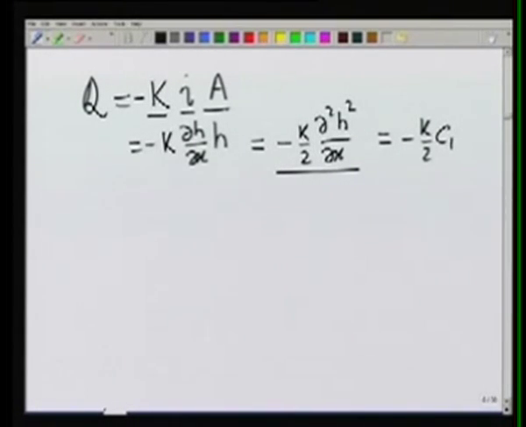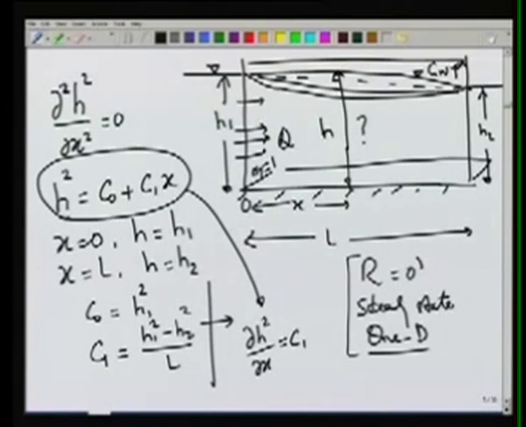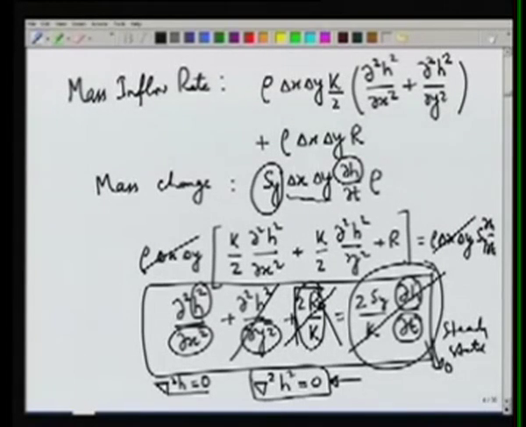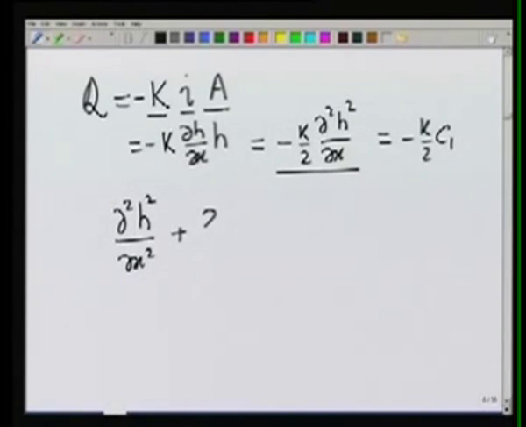Now if there is some recharge, so here we had assumed that recharge is equal to 0. If there is some recharge, then we will have to add the recharge term, and from this equation this 2r by k term will also come. So the equation derivation is similar, but now we have to account for the recharge, and in this case we